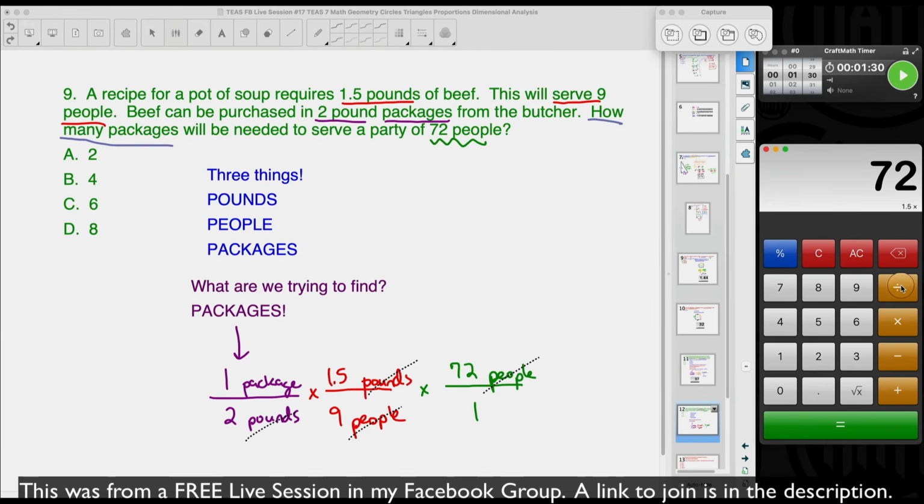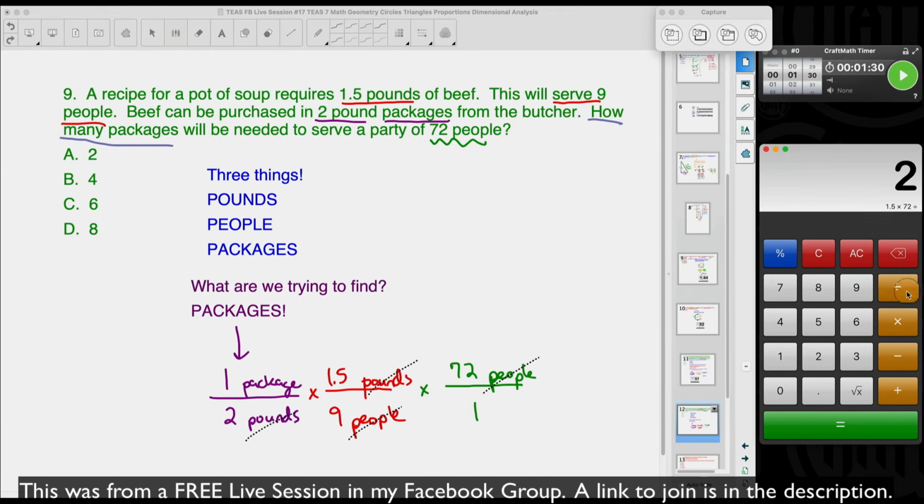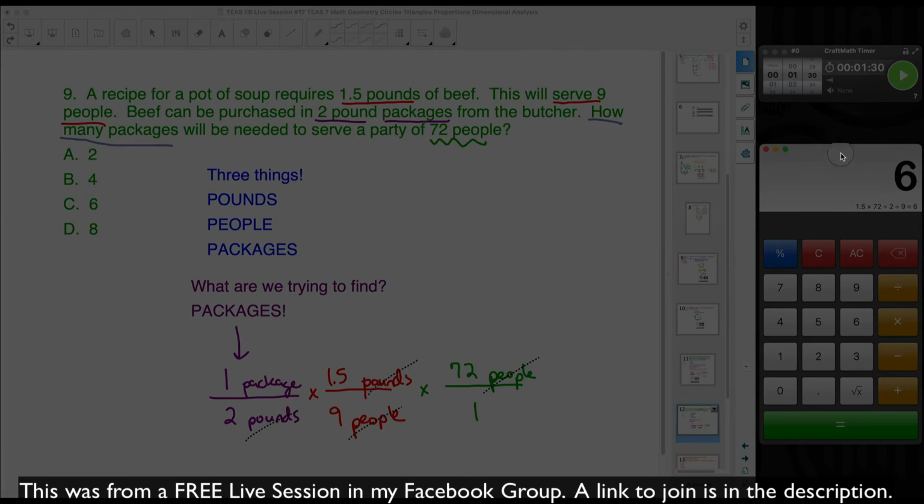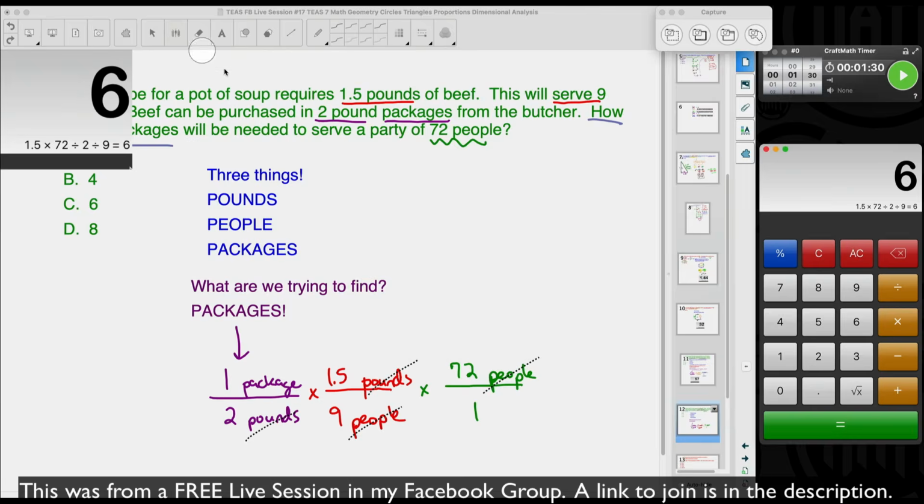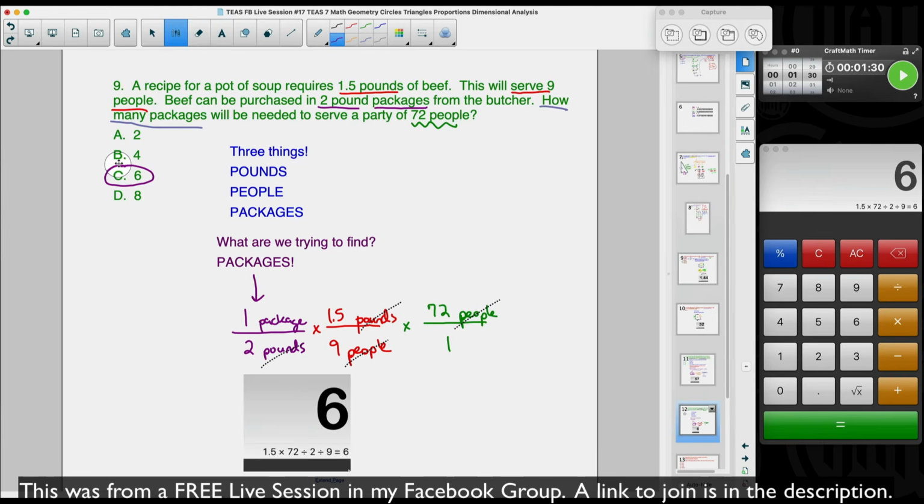But remember what I did a while ago. Immediately divide by your bottoms. That's a 2. And then I'm going to divide by my 9. Bam, we get 6. 6 packages. So that's dimensional analysis. That is, if you continue to follow the stuff I provide, the way I